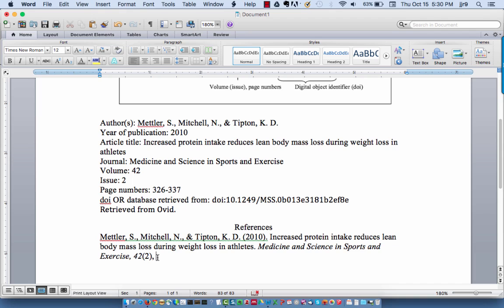All that is required for the page number is just the first page number, a dash, and then the last page number. There's no need to put any P or abbreviations for page, just the numbers, and then another period. So this is most of the citation. The last part of a citation for an article that you find online is you need retrieval information. So how can the reader retrieve this? The best source for